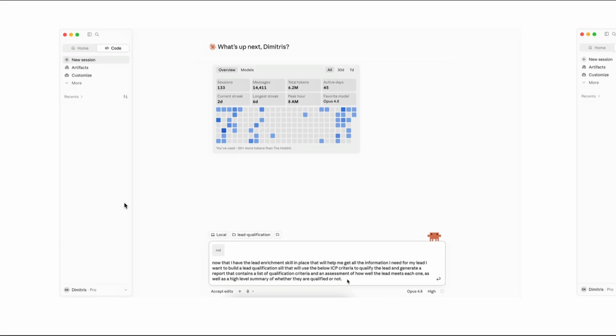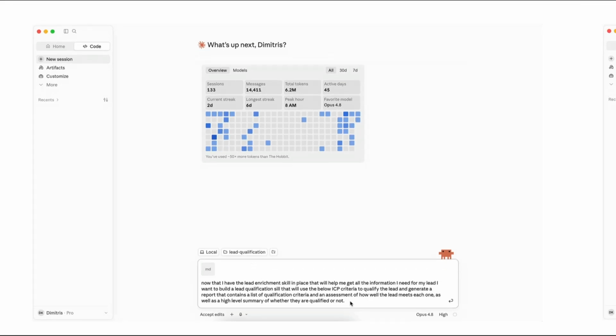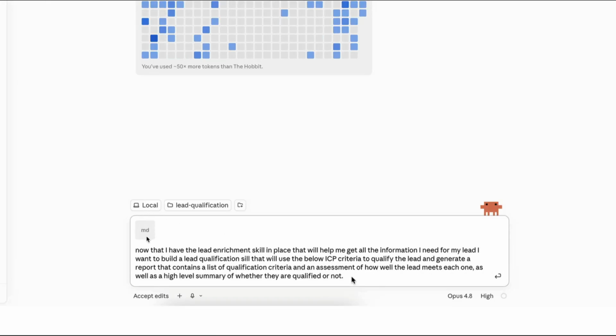So here is the prompt that I wrote. Again, I'm within the same folder. To create this skill, I said, now that I have the lead enrichment skill in place that will help me get the information I need for my lead, I want you to build a lead qualification skill that will use the below ICP criteria to qualify the lead and generate a report that contains a list of qualification criteria and an assessment of how well the lead meets each one, as well as a high-level summary of whether they're qualified or not. And as you can see, I also included a markdown file that includes all the ICP criteria,